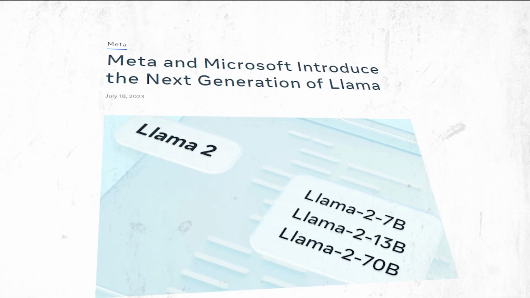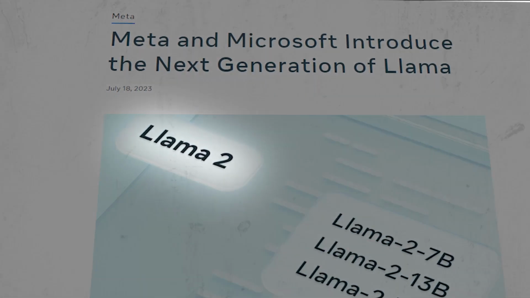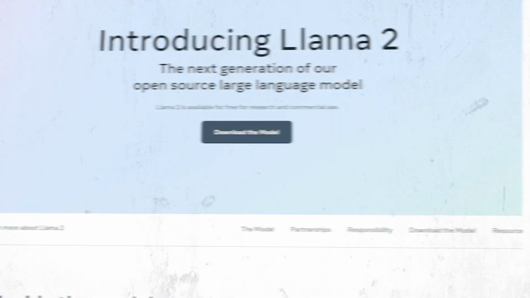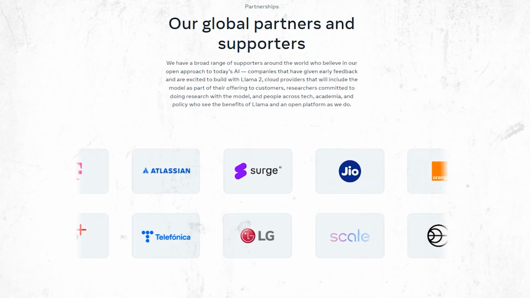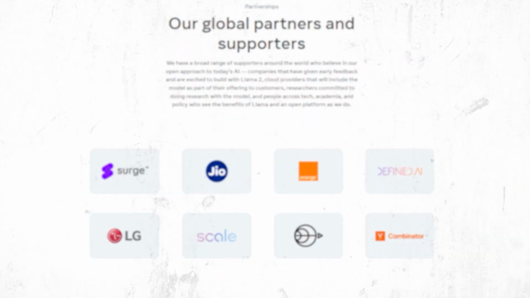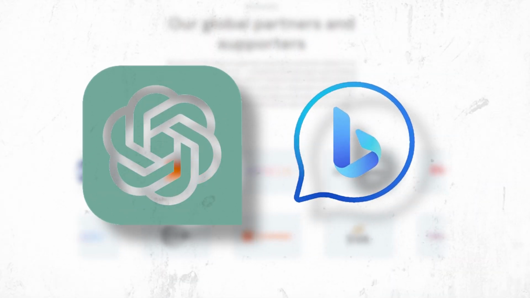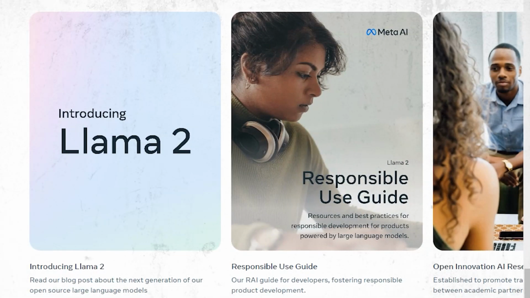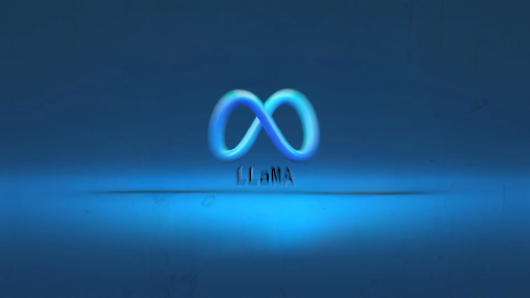Meta AI has unveiled Llama 2, the newest member of their groundbreaking family of AI models. Unlike its predecessors, Llama 2 is not a mere decorative item, but rather a powerful tool designed to fuel a wide range of other advanced applications, like OpenAI's ChatGPT and Bing Chat. In today's video, we will delve into the peculiarities and how to use Llama 2, so stay tuned till the